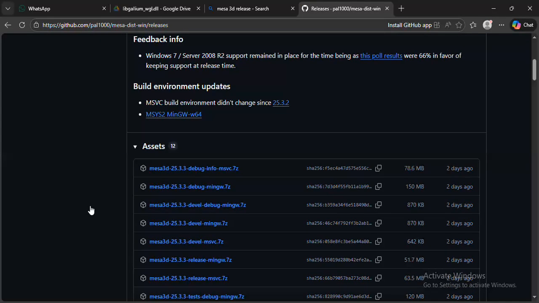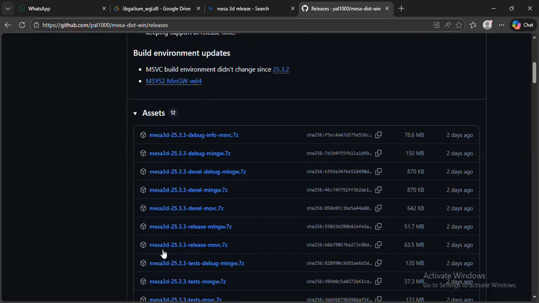This one. Mesa 3D, some number, release, and the one that explicitly says MSVC. You're going to download that, and under the file that says 64, you're going to grab the file with